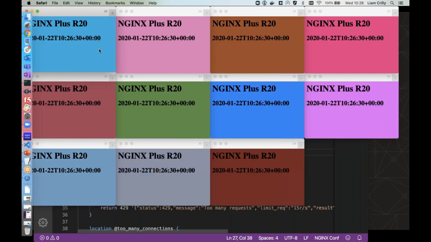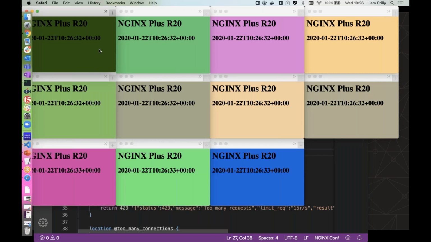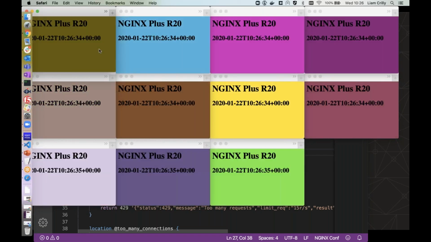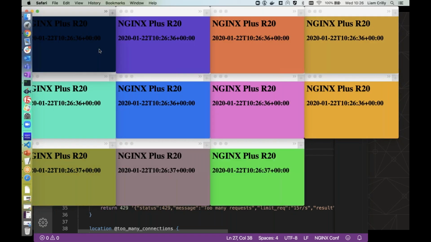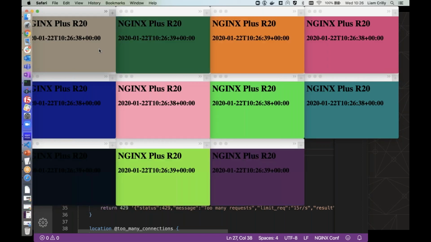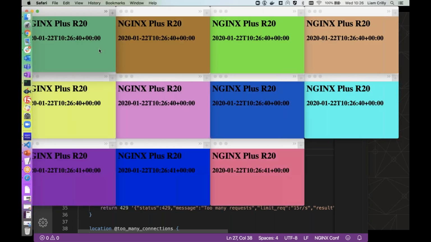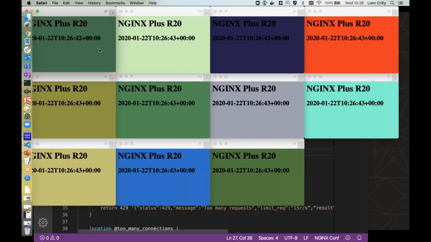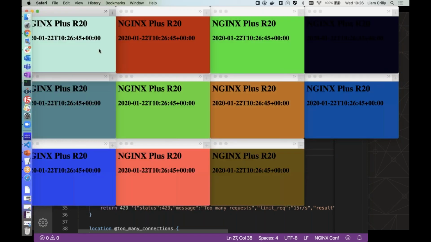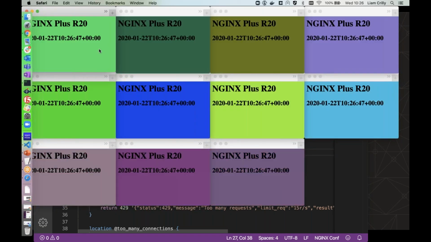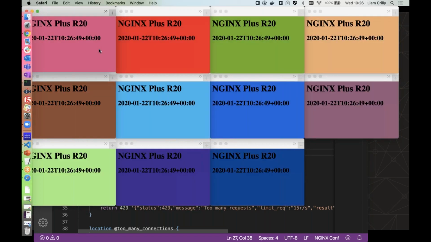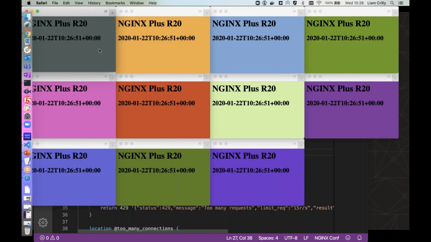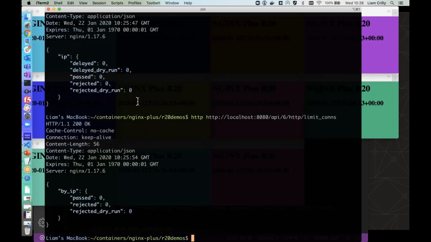Oh, we've got 11. Okay, so here we are. They're hitting and refreshing every second, and you can see the timestamp increments and the colors change, so you can see when they have updated. So that's all fine. Nothing is being limited or rejected, and that's because both connection limiting and rate limiting are in dry run mode. And to test if that's working, we should be able to go back and look at